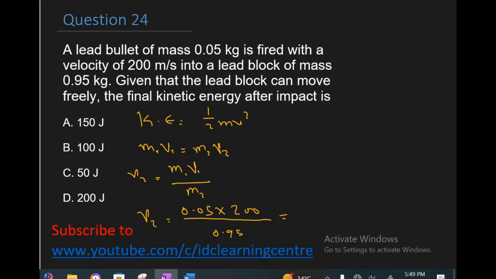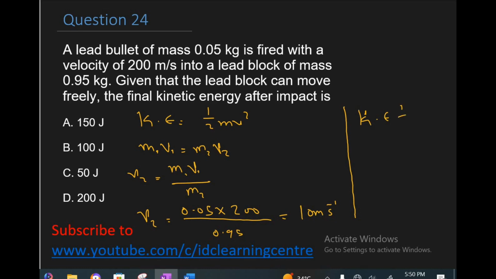If you multiply and divide this, you're going to have 10 here. So our v2 is 10 meter per second. Right now, to find the kinetic energy from our KE equals half mv squared, we now have our KE